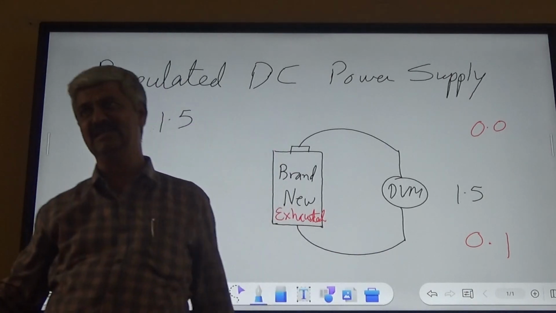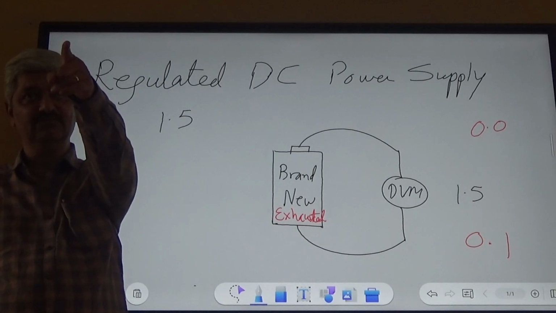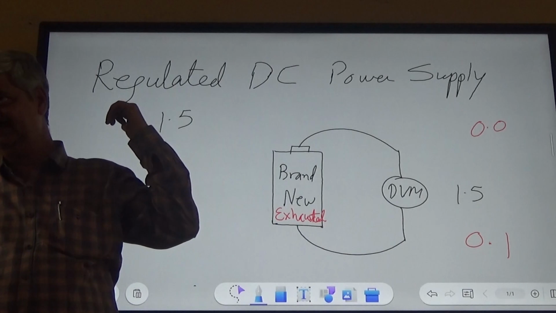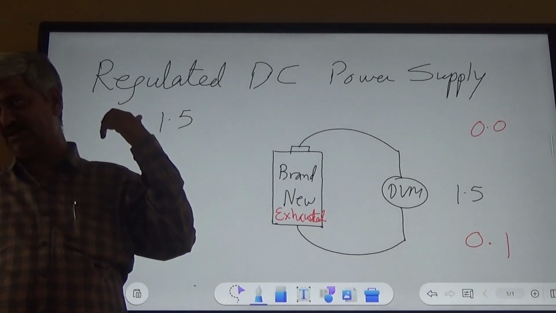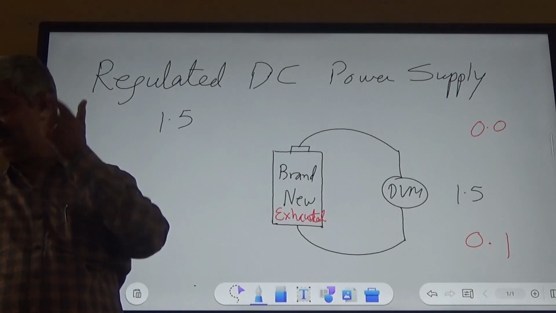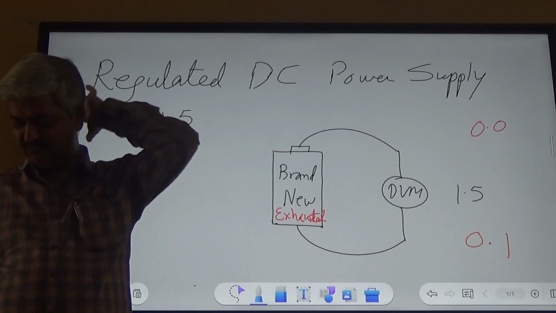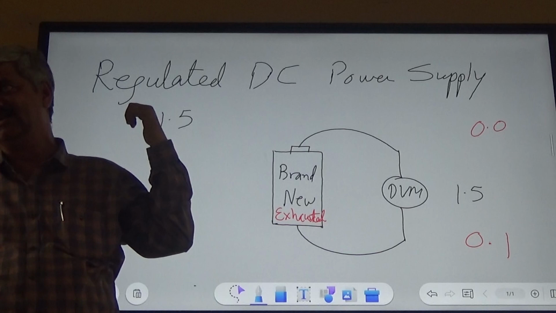How many of you are having a personal DVM? Do you have a digital voltmeter? What are you doing? Hello. Look at the whiteboard. Everybody has to look at the whiteboard. When I make you look at the whiteboard, it is expected that you are also attentive. But whether you are attentive or not, that can be verified. But at least looking at the whiteboard is a necessary condition for being attentive, which I can